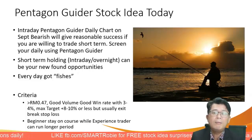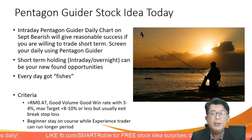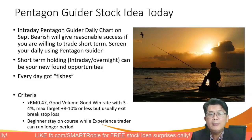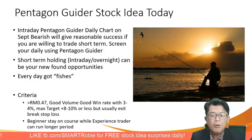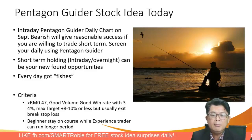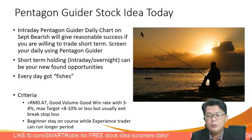And of course, to sum it up, we also have that report to showcase. So the criteria, look for anything that is 47 cents, good volume, win rate, would definitely give you around 3 to 4%, very good win rates in here. So you're constantly taking money off the market with a maximum target of about 8 to 10% in here, and usually